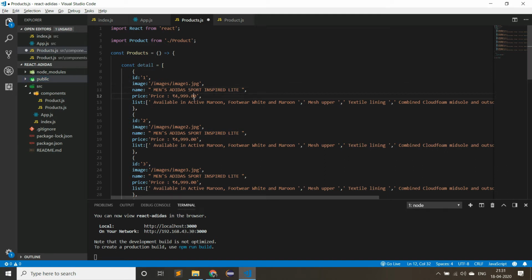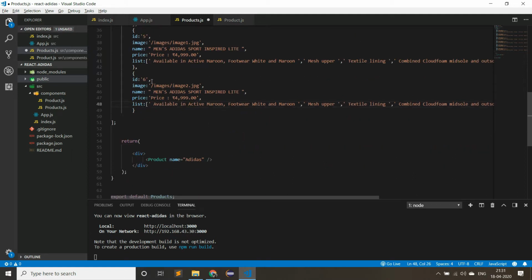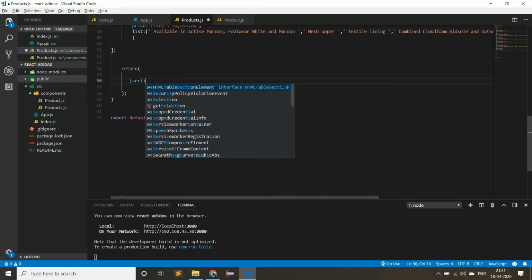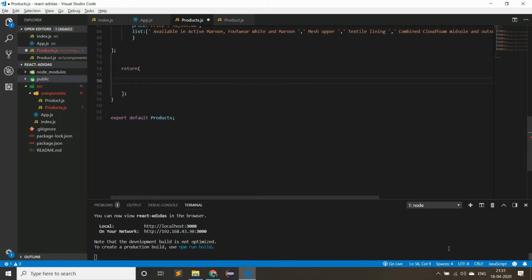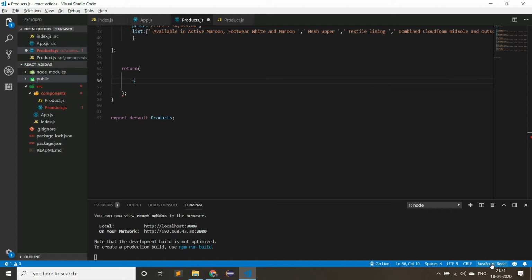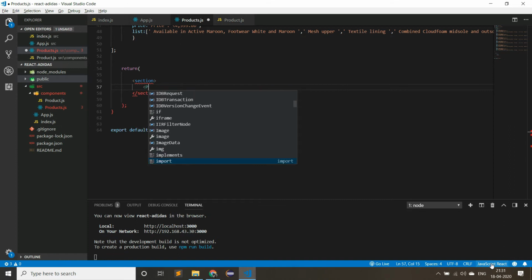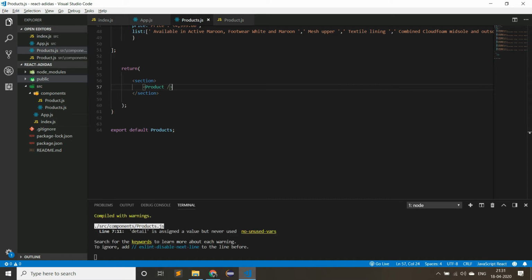So inside of the public we have all these images. So I have changed the root as image. Inside of images I have image1.jpg. So totally I have 6 products inside of the products.js. So now we are going to send this information from products.js to product.js. So let us create a section. So first let me change this JavaScript to React. So inside of that section, let us append this product, that is less than product, so space slash and greater than.